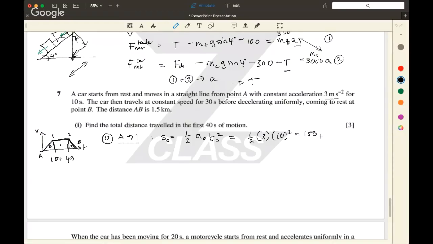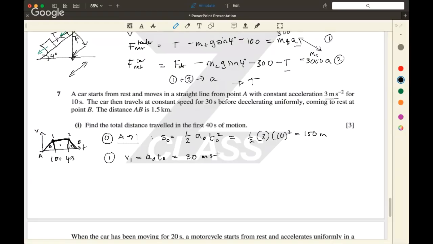150 meters. Now, we also want to know what is the velocity in region 1. Well, velocity 1 is going to be equal to initial velocity, which is 0, plus a0 times time 0. So it's been accelerating all this time, so the velocity at the end, which is the whole velocity, and then sort of stays constant during the second time. So that's going to be equal to 30